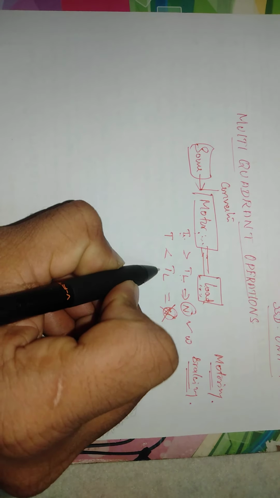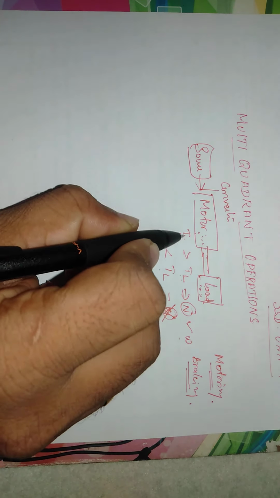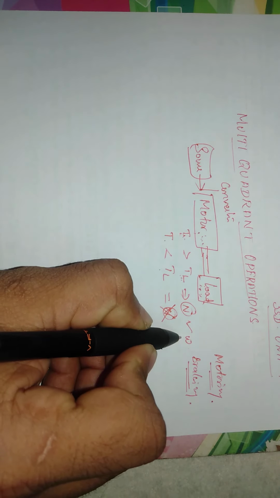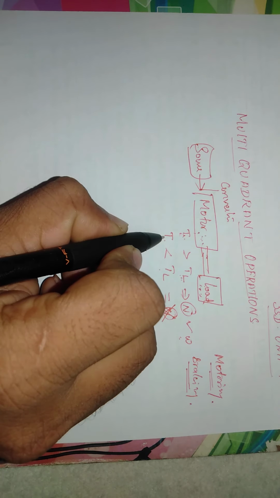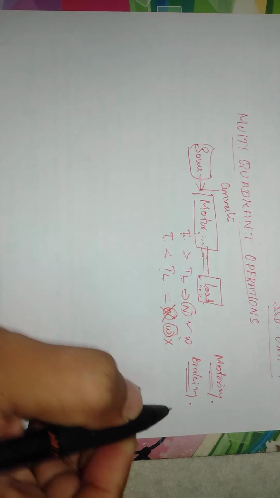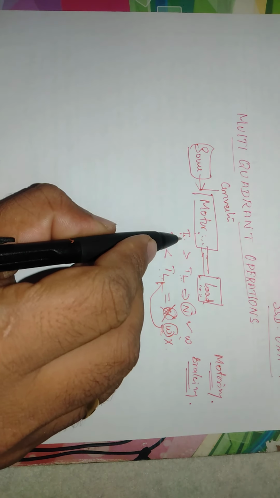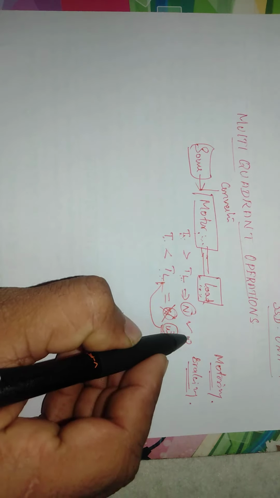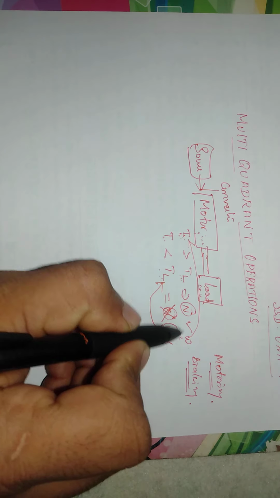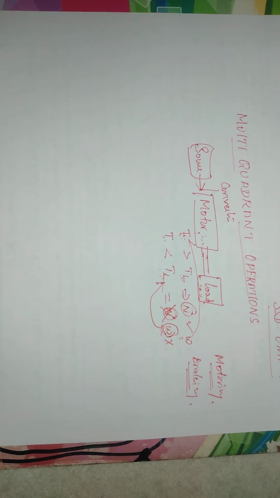When that is happening, TL is greater than T. If the motor torque is higher than the load torque, then rotational energy takes place. If the motor torque is less than the load torque, the rotational energy will not take place. By that time, the rotation will be in the direction of the load, because here T is high, so the speed is in this direction. If motor torque is high, speed is in the motor direction. If load torque is high, speed is in the load torque direction. This is the main thing we need to identify.